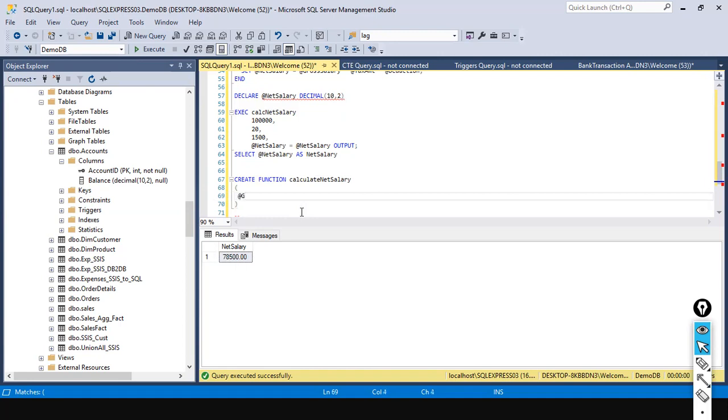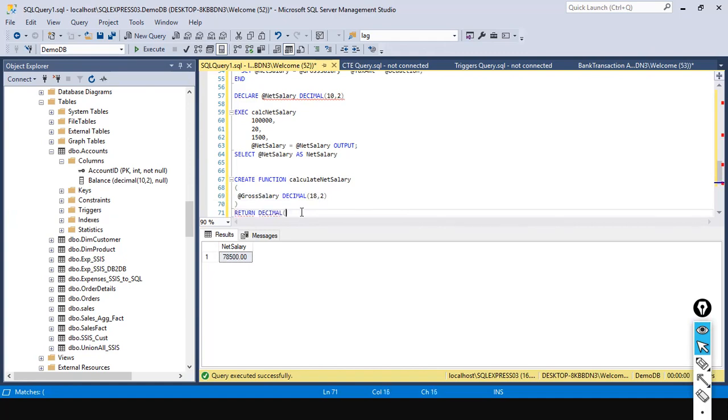For example, what do you want to see here? Let's say I want to get the gross salary. Here I'm going to change the logic a little bit, and then decimal. Let's say you get your gross salary. This is your input parameter, and then you need to specify something called return in the case of